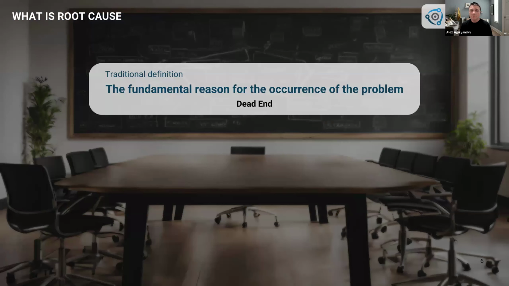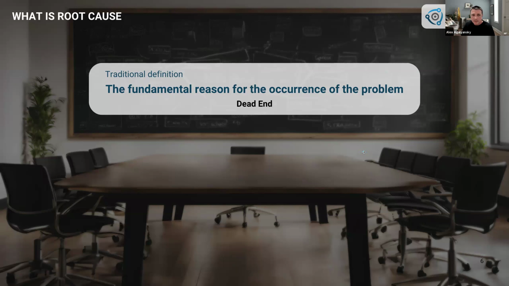Now, what is a root cause? And we're talking about this in our trainings as well, and this is the approach that we're trying to promote. So root cause in a traditional definition many times refers to a fundamental reason for the occurrence of the problem, right? That's great, but many times it leads to a dead end, right? So for example, a fundamental reason could be a material, a chemistry, it is what it is, or physics works this way. There is nothing much you can do about it, but that is a root cause.